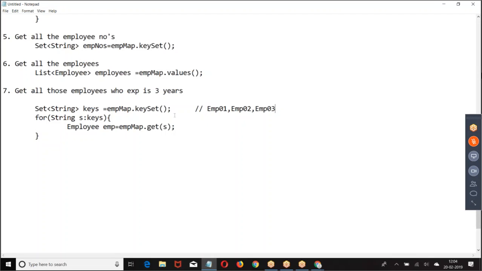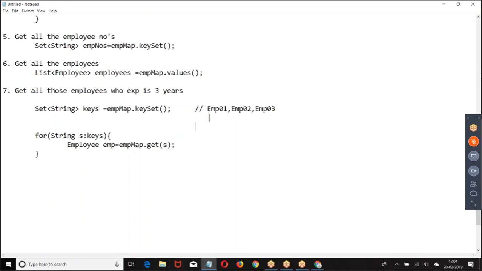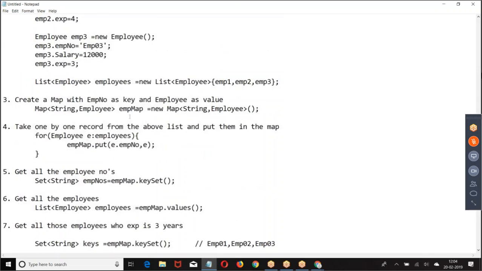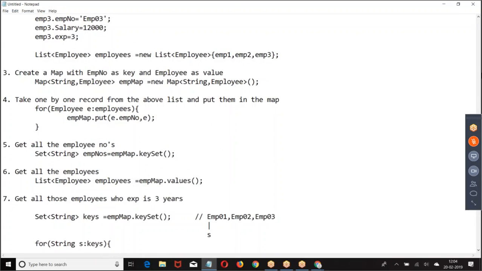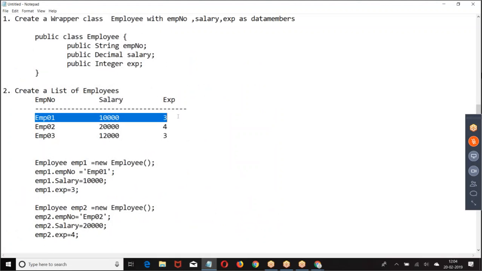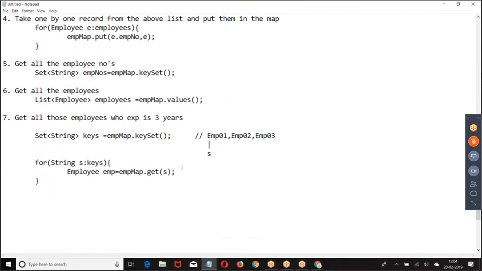These are the keys. Now, what is this? EMP01. If I say map.get of EMP01, then we get this complete value. Then I asked, if emp.experience is greater than or equal to 3, then I want to put them in a separate list. So what I told, list of